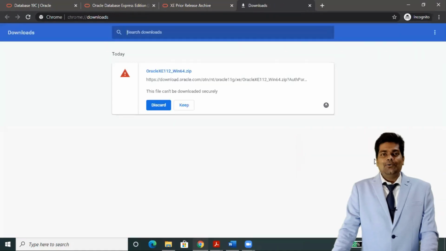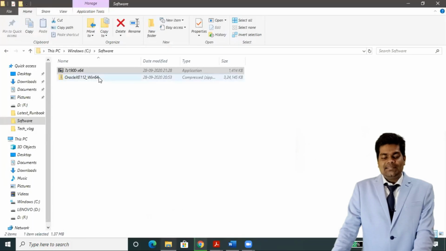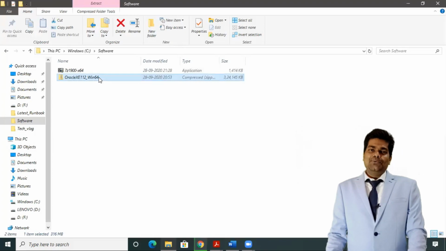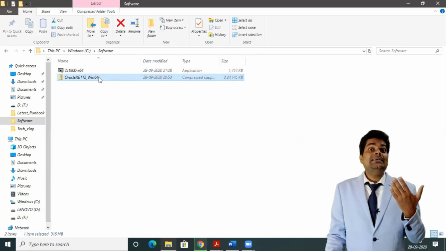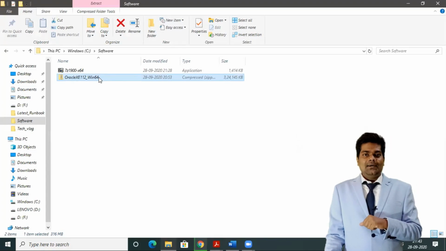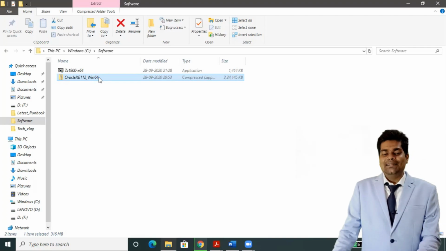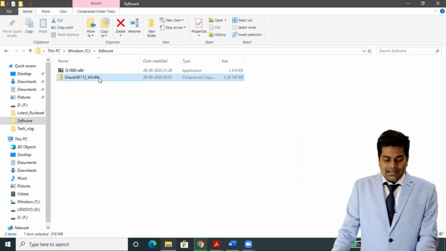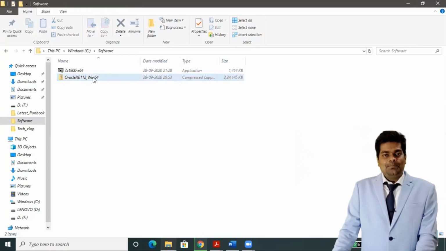I have already downloaded this software, so I will simply go to the download folder and unzip it. I have already shown how to install 7-Zip to unzip zip files; if you want to know how to install it, please click on the I button. I will right click, and here you get the setup for Oracle Database.